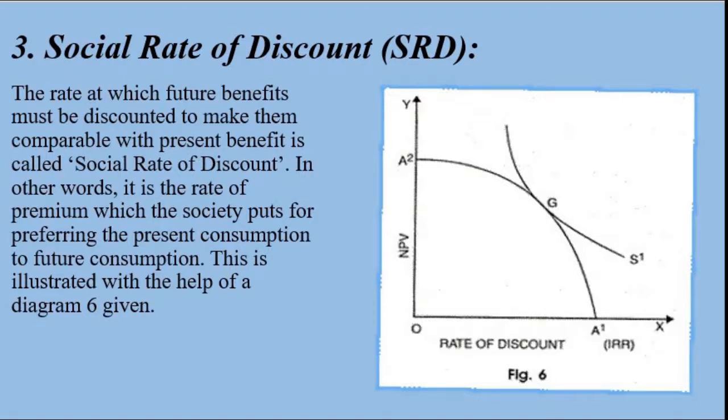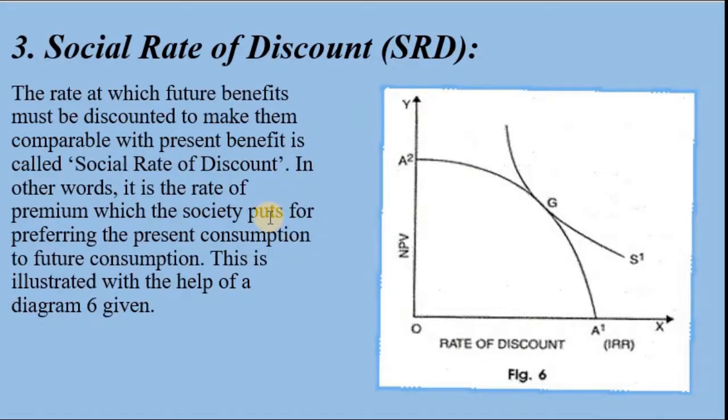Now here in the social rate of discount, society always prefers the present to the future. The future generations would always like to have a higher level of income. If the principle of diminishing marginal utility operates, the utility gained by future generations from a given amount of benefit will be less than the utility gained by the present generation, so the future generation must be discounted.